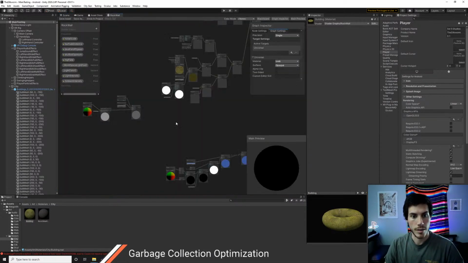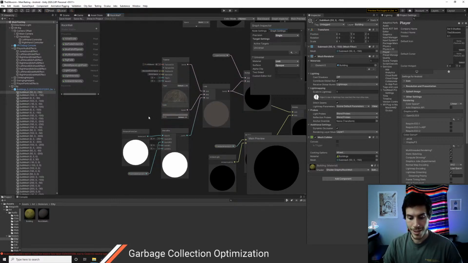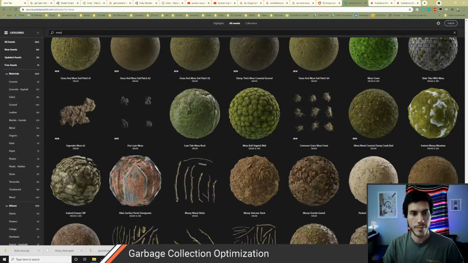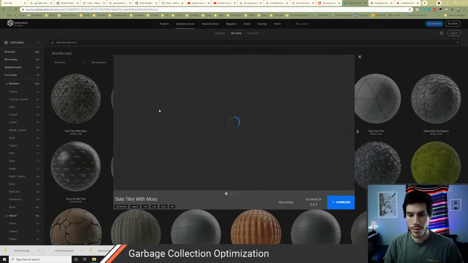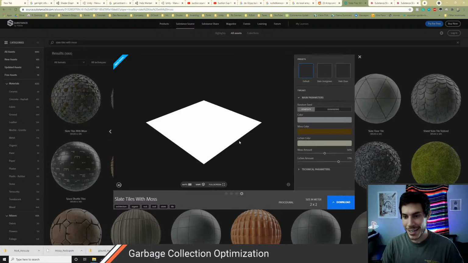Let's get back in there. Should be able to control some of my way out of it. Do that again and you guys are out. Slate tiles with moss. Oh, is that the name of one of them? Oh my god. Stop it. You think slate tiles with moss? I don't know about...